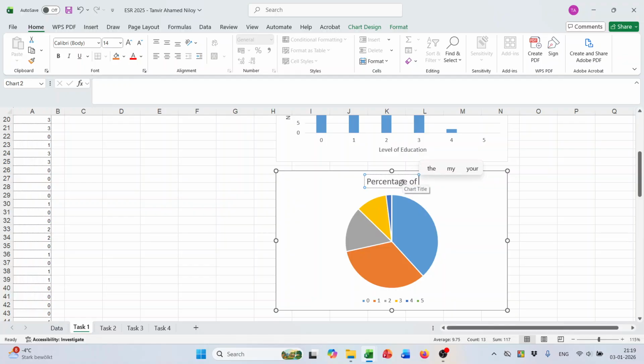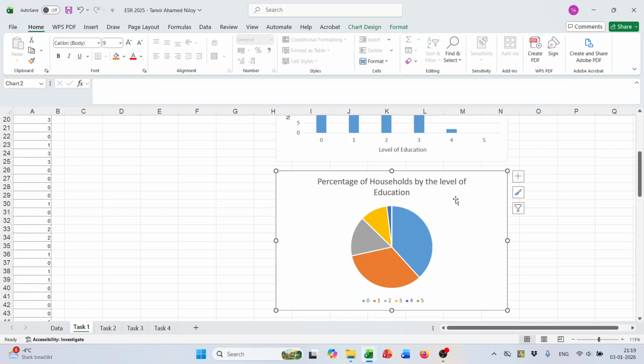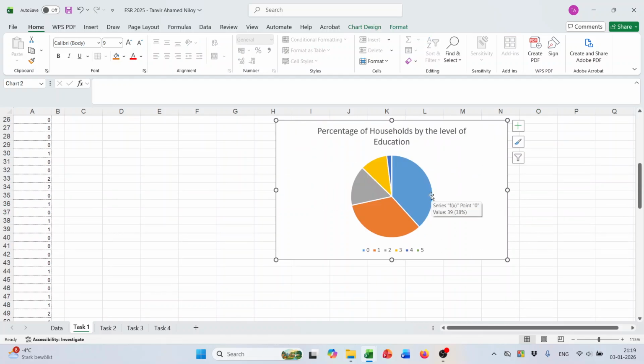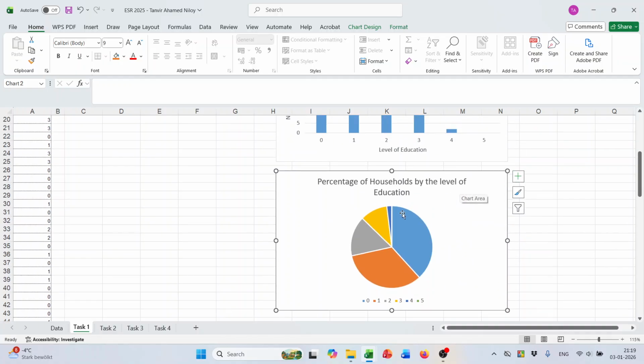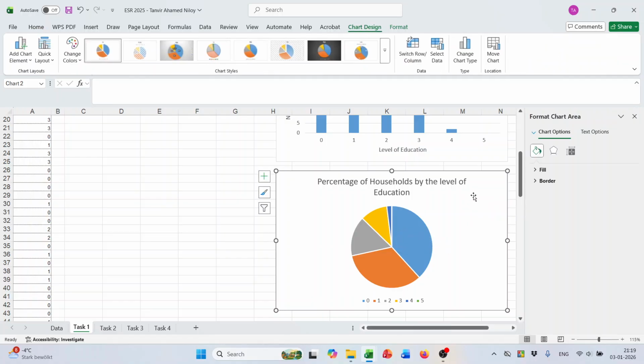Percentage of households by the level of education. And then I can also edit the pie chart so that it can also show the data, show the percentage. So I double click on it. If I double click on the pie chart, then I will get this option, and here,